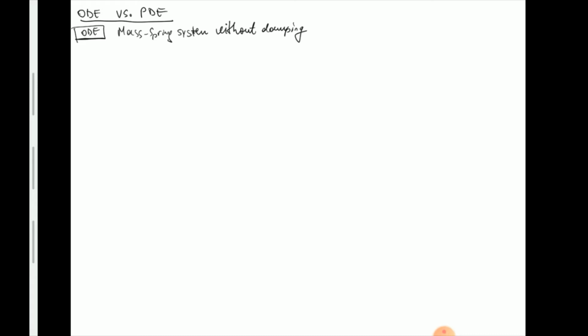So in the mass spring system, if you remember, you have an equation which describes the motion of an object attached to a spring. So for example, let's say you have a spring here and an object of a certain mass, and then the spring can oscillate left and right, and then the equation gives you essentially the displacement of the object. And if there is no damping, a typical equation of the mass spring system contains the second derivative and y itself, right? So let's say y of t is a displacement of the object